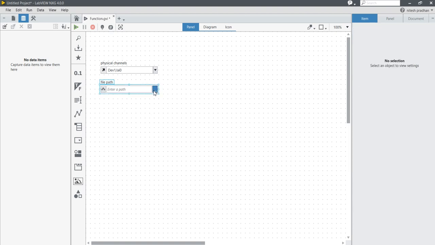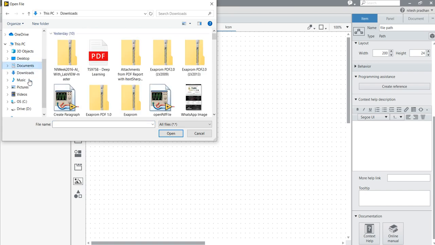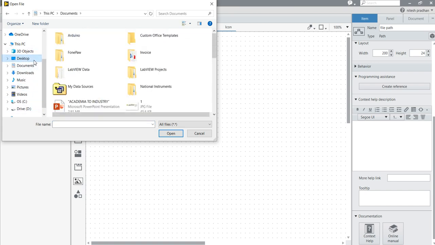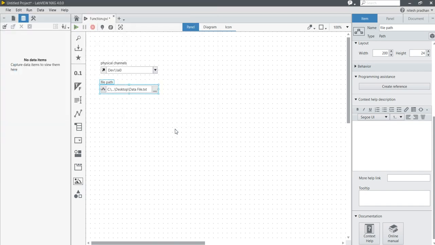Click here, it will redirect you anywhere on your PC, like music, downloads, anywhere. So go to the place where you had created that doc file. I had created that doc file on the desktop, so I will click here. Now select this data file and hit the Open button.